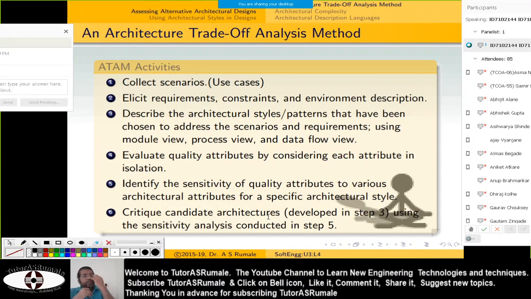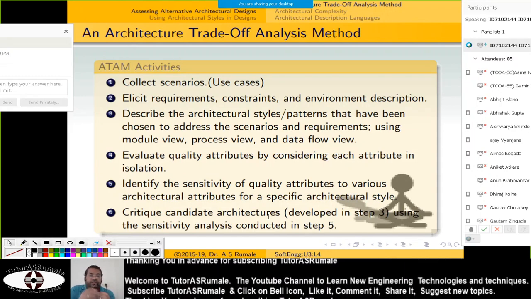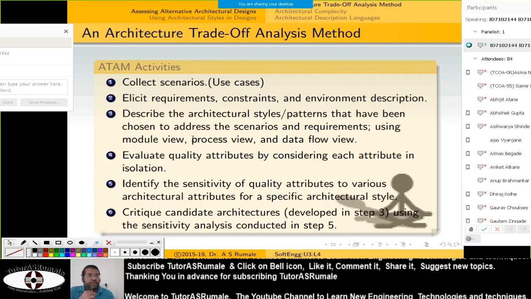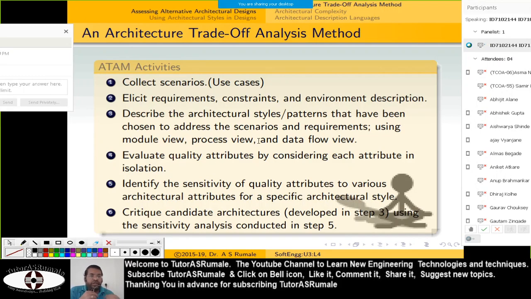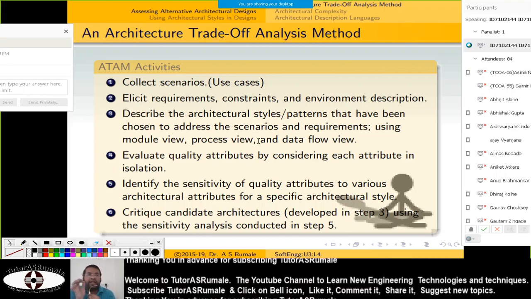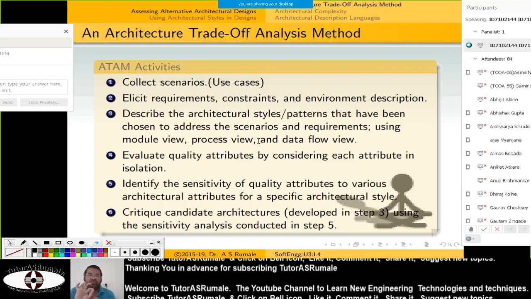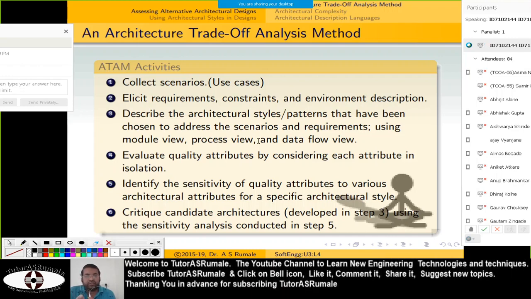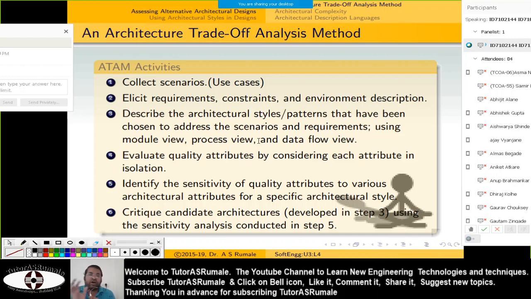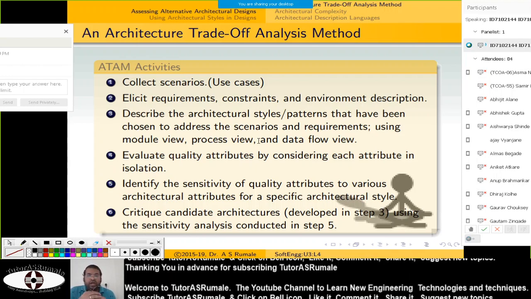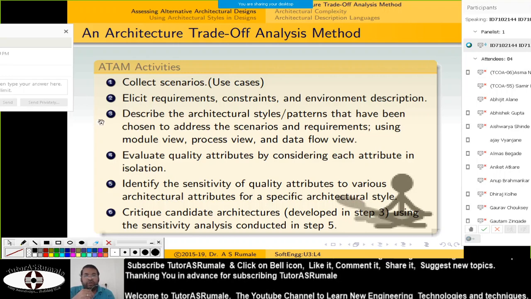And the sixth and last is to critique candidate architectures. This is actually developed in step 3, that you have to describe everything. Critique here doesn't mean that you have to nag at things. It means you have to analyze the things for their weaknesses and how to remove those weaknesses, either by providing some collaboration with other systems, or adding new features or a new security level. And you have to go once again from 3 to 4.